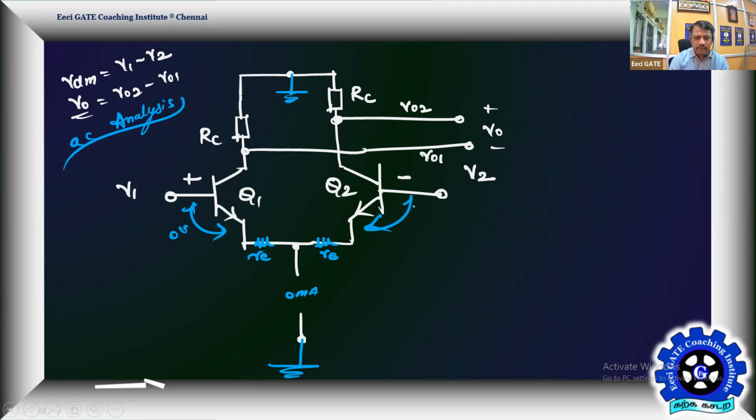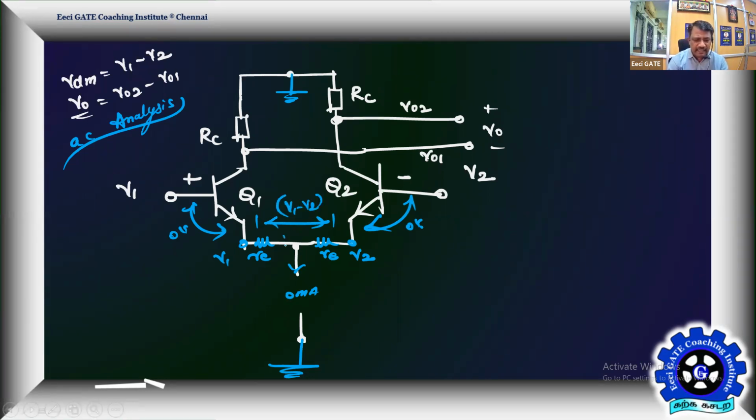This difference is also 0. Now this is 0, which means this point will be equal to V1 and this point will be equal to V2. That's what we are getting. We'll go for the output voltage now. What is the voltage we're getting here? The potential across this, since it's an open circuit, there is no current in this path. Therefore, the net drop across this is going to be V1 minus V2. So let me take V1 minus V2 as the potential.